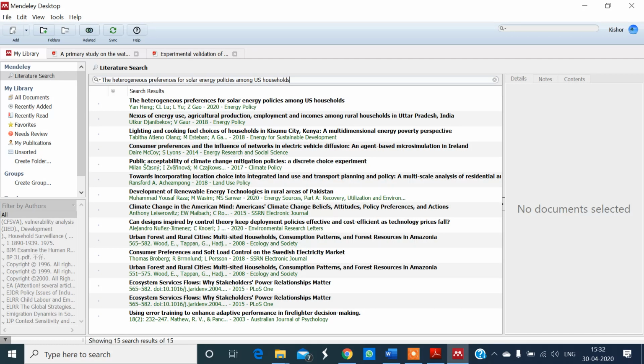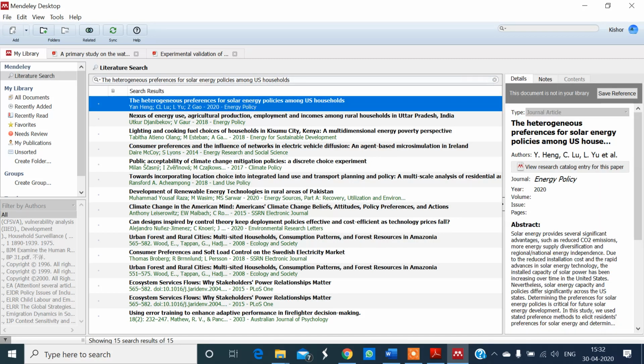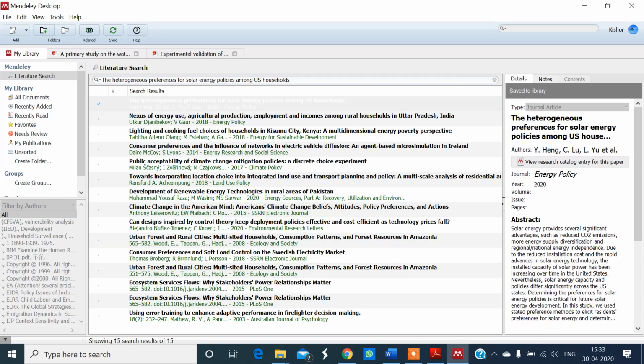Now there are various papers matching this title available. The heterogeneous preferences for solar energy policies among households. This paper is available now. Click on this paper and here on the right hand side press save reference. Now this paper will be available.